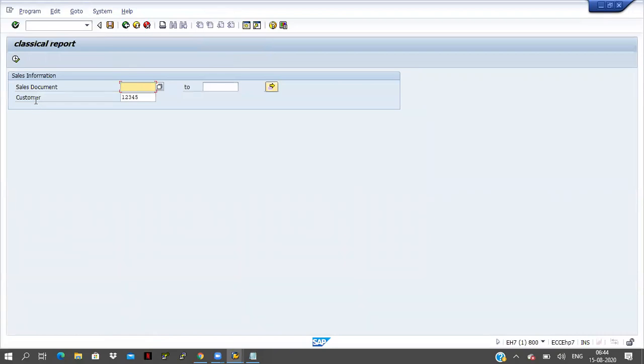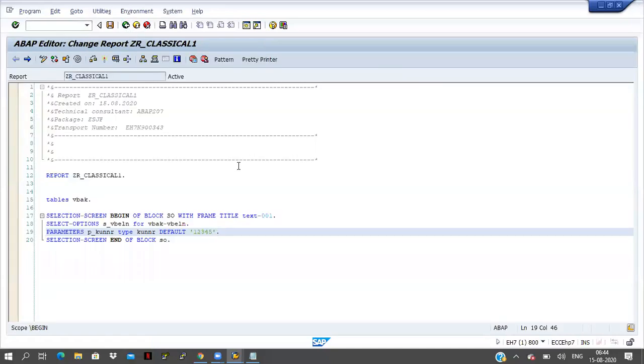For the parameter customer, I am giving the default value 12345. But what about the select option here? Multiple values are coming. Directly it is not possible because there are multiple values. If it is a single value then you can give that, but how can you give it here?